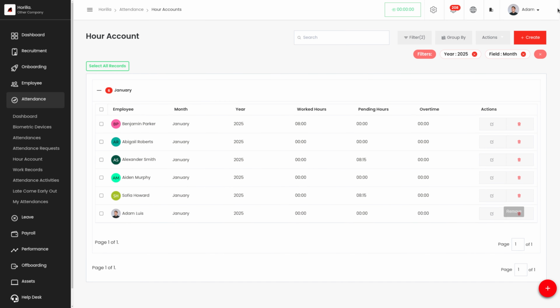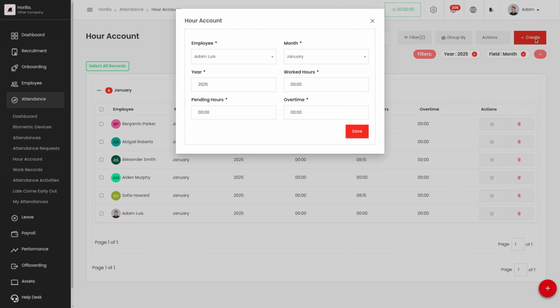And over here, we have the create button with which we'll be able to create a new R account for an employee. So let's see how that works. So let's click on the create account, and we have the field to add the employee. So over here, we can add the employee for whom we are trying to create this R account. So let's select an employee, Andrew Hayes, and I'm giving the month as January and I'm setting the year 2025. So we will be able to set the month and year for which we are trying to create the R account.